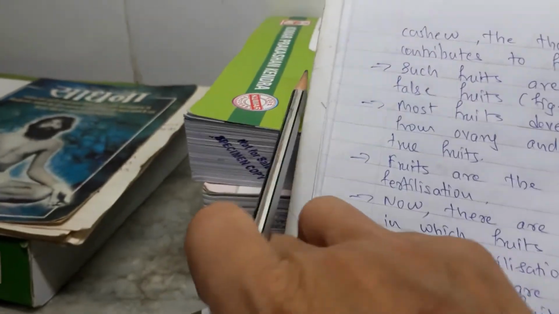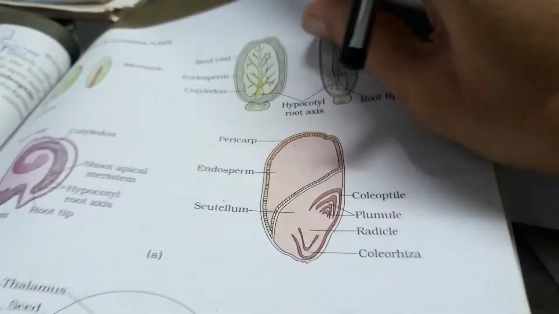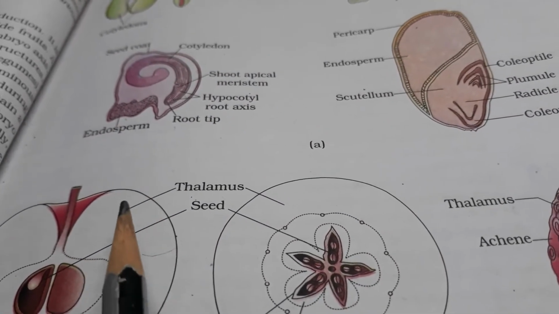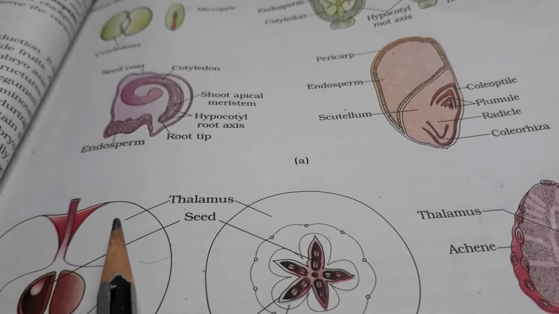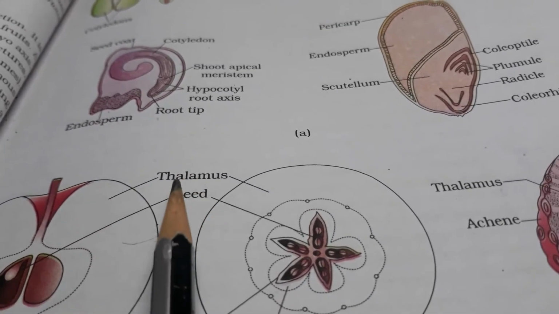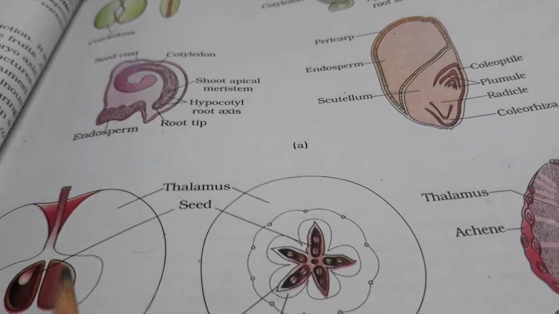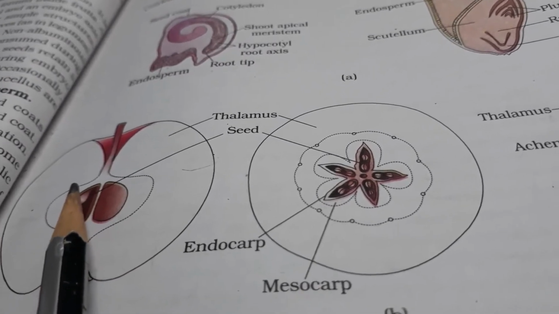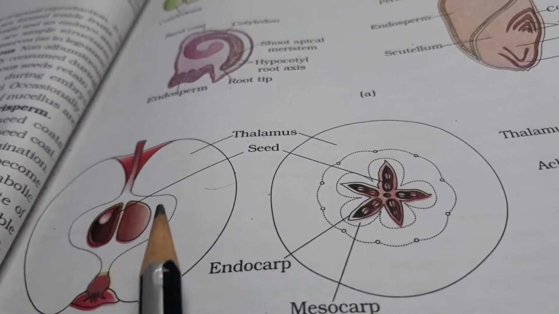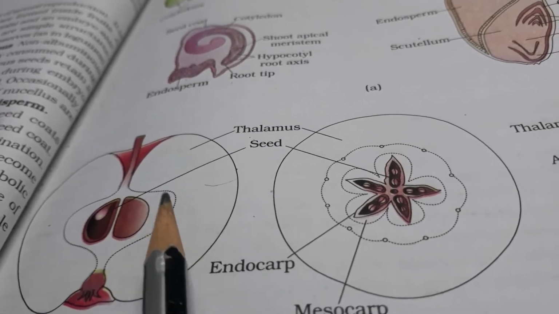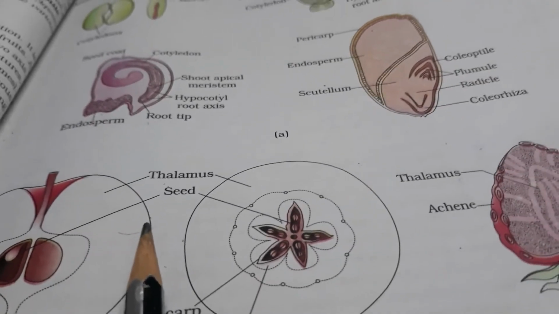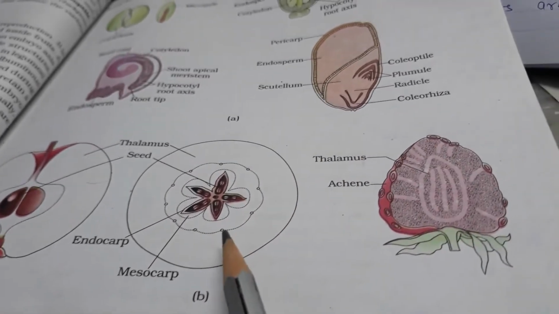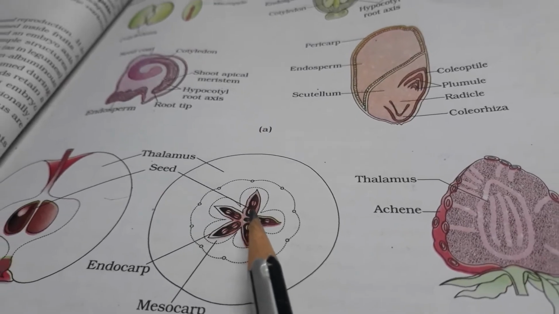Here in our textbook we have this diagram. See this apple. This white edible portion that we are enjoying eating is the thalamus. The ovary is inside. The seed is inside this ovary. This part here we are throwing away. This is the actual ovary. So the fruit, the transformed ovary, is not this. The thalamus we are eating. Here also, this is an example. See this, a section is shown.